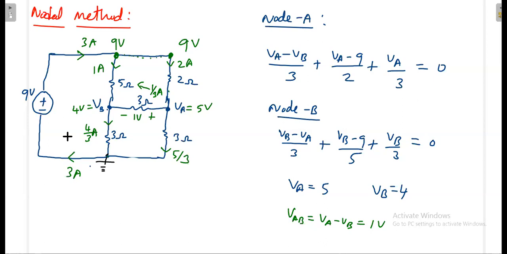But you know, with the Thevenin's theorem, you cannot find all the currents and voltages. You can find out only one thing: only load current, only load voltage. So what is the load current? What is the load voltage? Load voltage is 1 volt. Load current is 1 by 3 ampere. So with the Thevenin's theorem, you can find out only load voltage and load current. We will see how to apply the Thevenin's theorem.